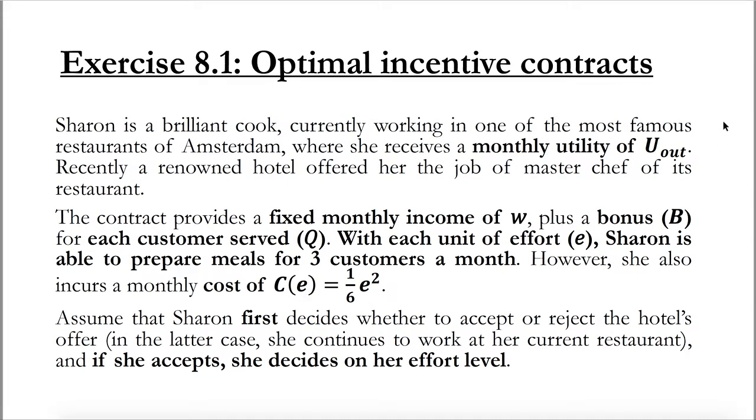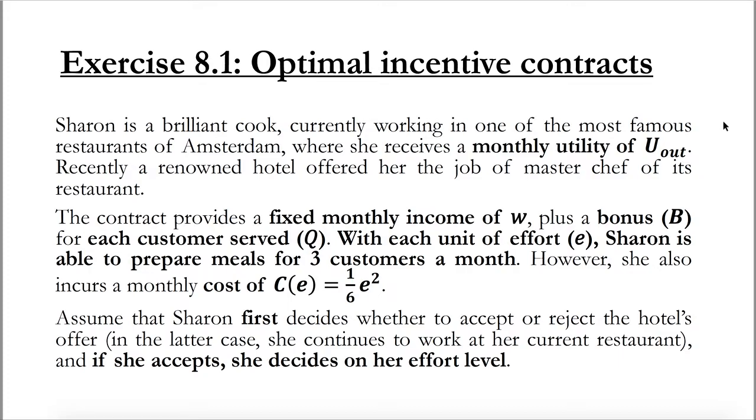Exercise 8.1 is about optimal incentive contracts. As you can see here, I report the text of the exercise, and in bold characters you can find some important information about the exercise that you should take into account in solving questions A to D of this exercise. This is an exercise about Sharon, who is a brilliant cook working in a restaurant in Amsterdam